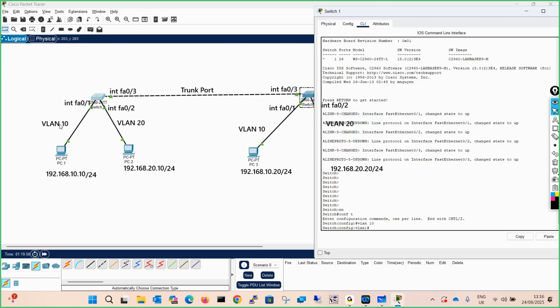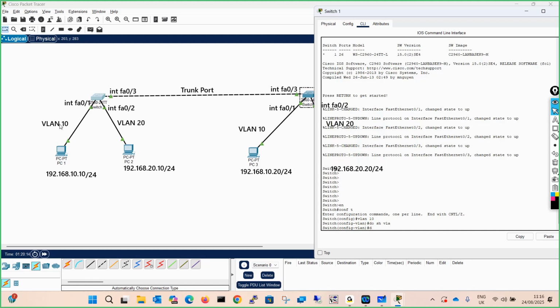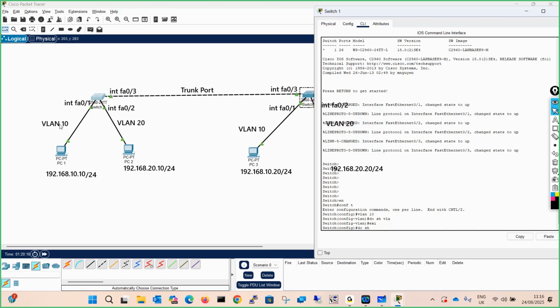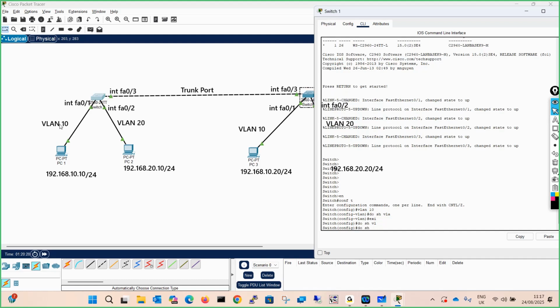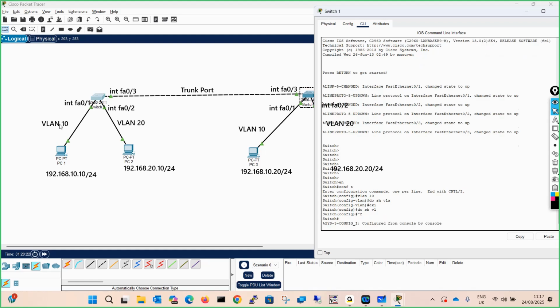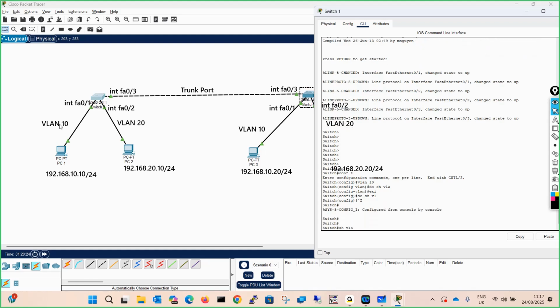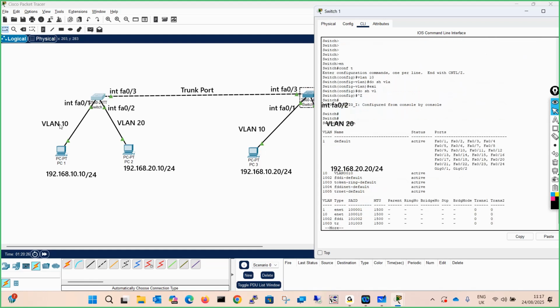You will check the VLAN. VLAN 10 is created. Everyone knows that in our previous lecture I told you, if you want to run a privilege command in some other mode, what is going to be the command? Do show VLAN, right? But over here in Packet Tracer that doesn't work. So show VLAN, and you will see that for everyone VLAN 10 is created.